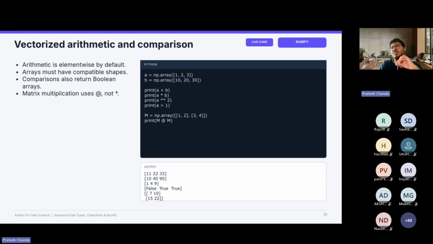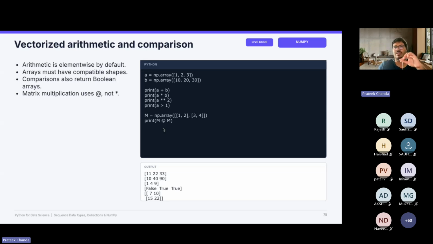It would just do a vectorized operation, and it's much less costly than doing it in a for loop fashion. If you have a larger matrix, you can also easily do a matrix multiplication using the at the rate symbol.